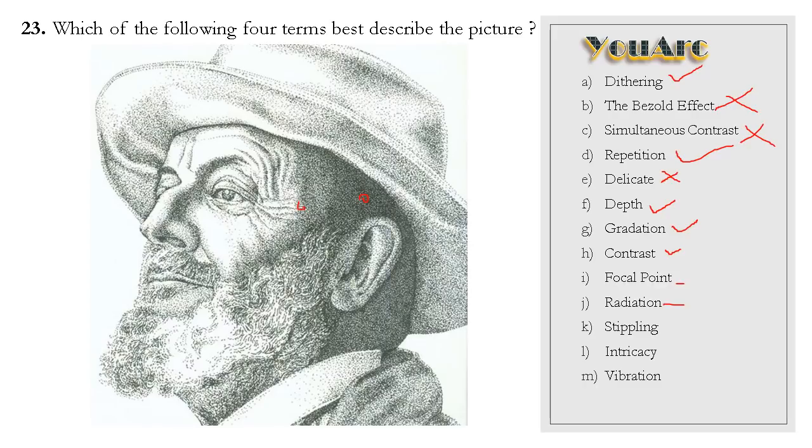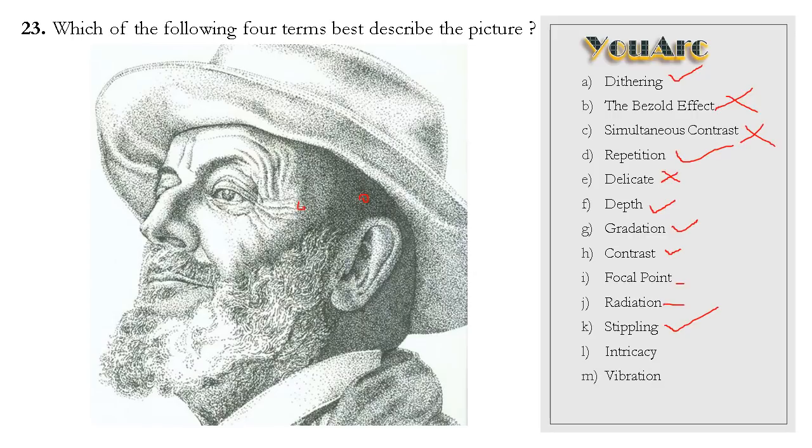Stippling, yes, what does stippling mean? Creating a pattern with so many dots that blend into the shape and are viewed from further away. So with so many dots, if we are creating some patterns and it is seen as a whole, not as dots, it is seen as a picture, then it is called stippling. So you can create more intricate drawings with this effect, or quite time-intensive as well as intricate work with stippling. So stippling means with dots. Definitely this particular drawing is made with stippling. So stippling is an option.